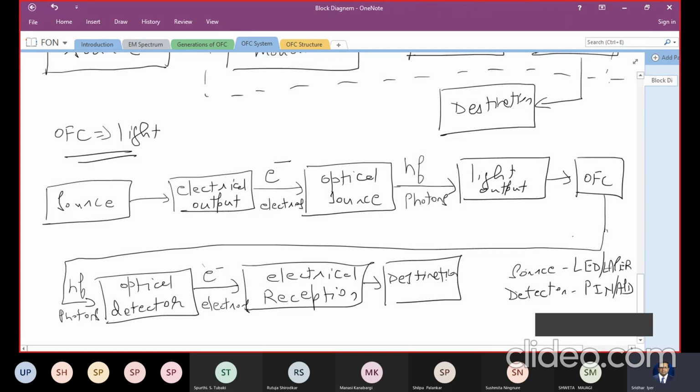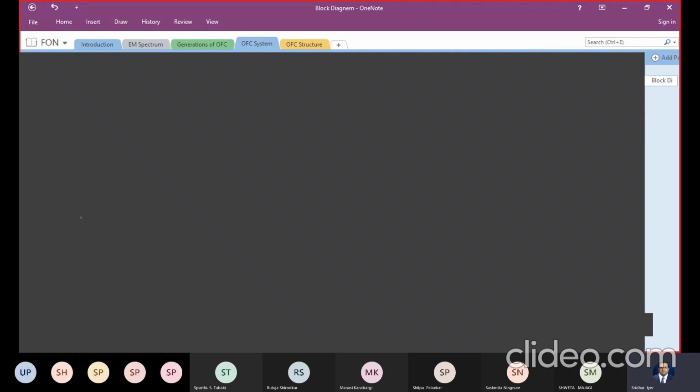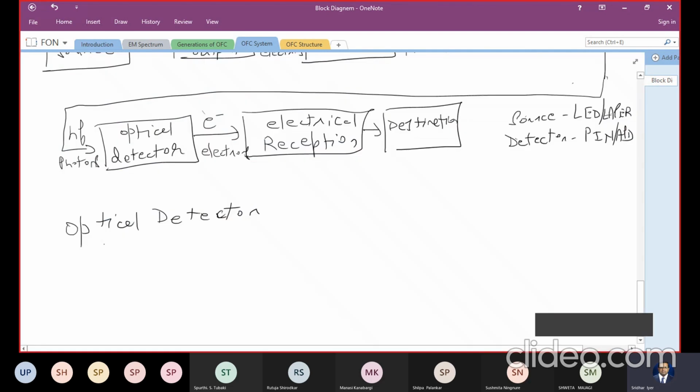There is a separate block for optical detectors, so this optical detector here also has a separate block diagram, and it involves a few important things. So right now we don't have time for that. So in the next lecture, I'll start with optical detector block diagram. I'll be making that and explaining that to you. That's where you will see the equalizer, right, and what it does.